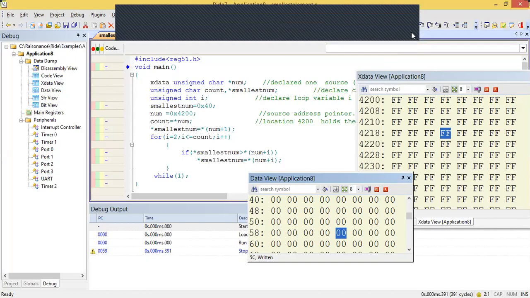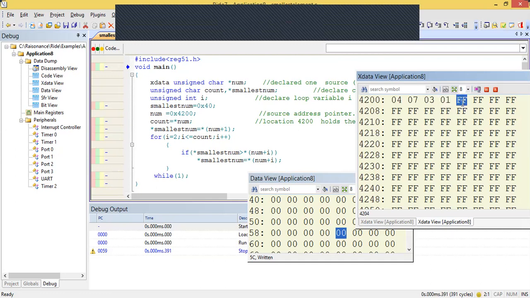Okay, debug the program. Initially we can load the count value in 4200. Let it be 4, and you can load some values: 7, 3, 0, 1, and finally 5. Okay, so the smallest value is 1. We'll see how the program works. Initially the program is executing.